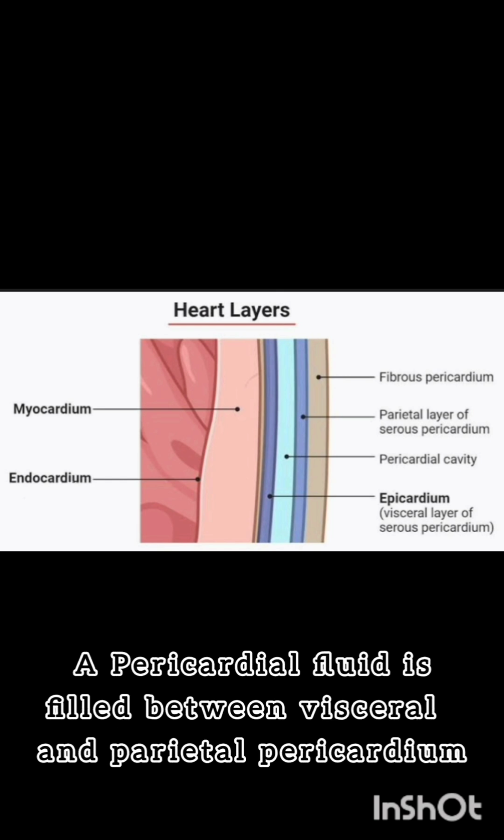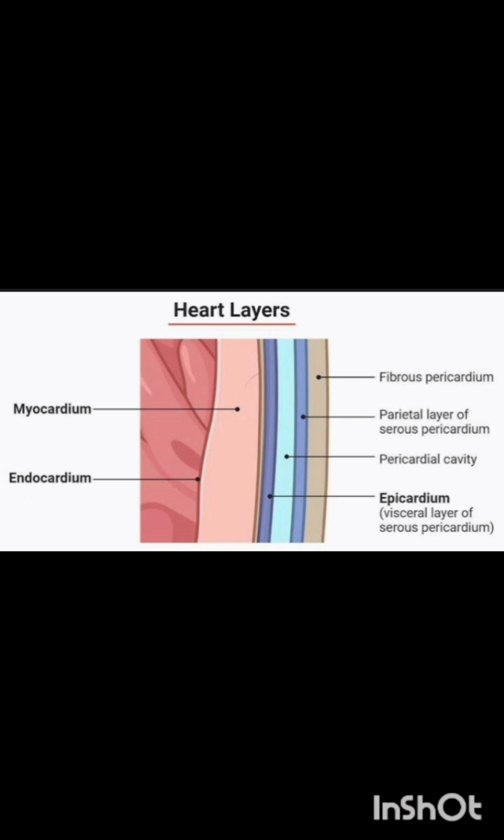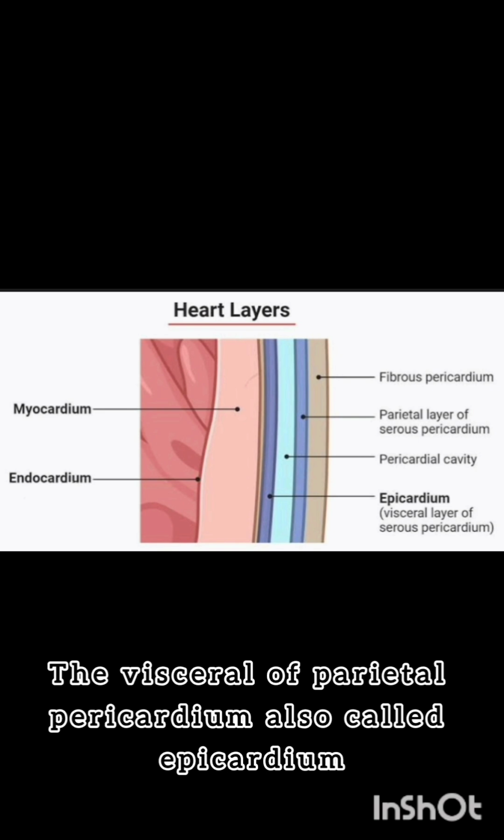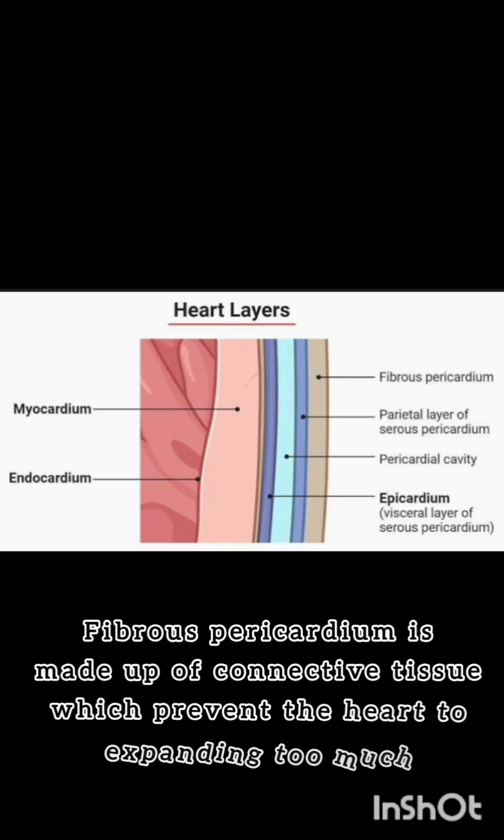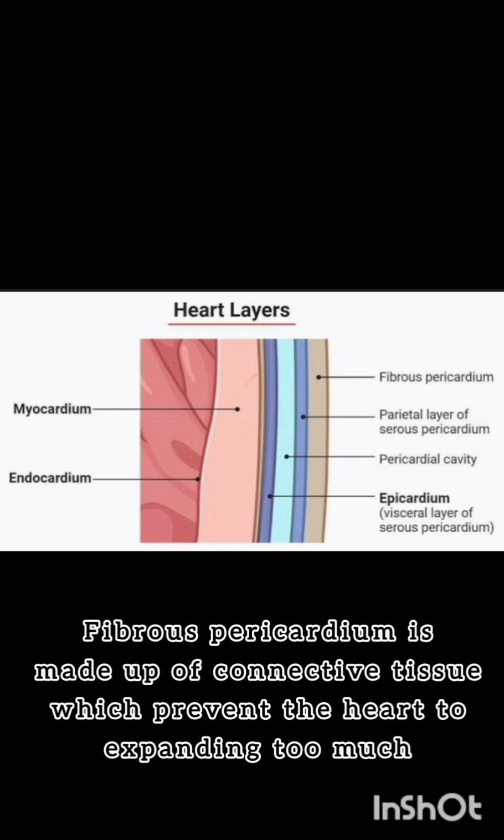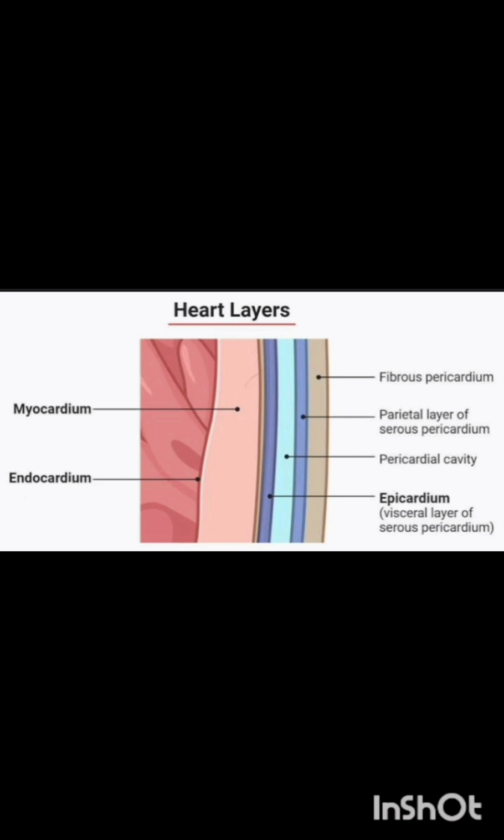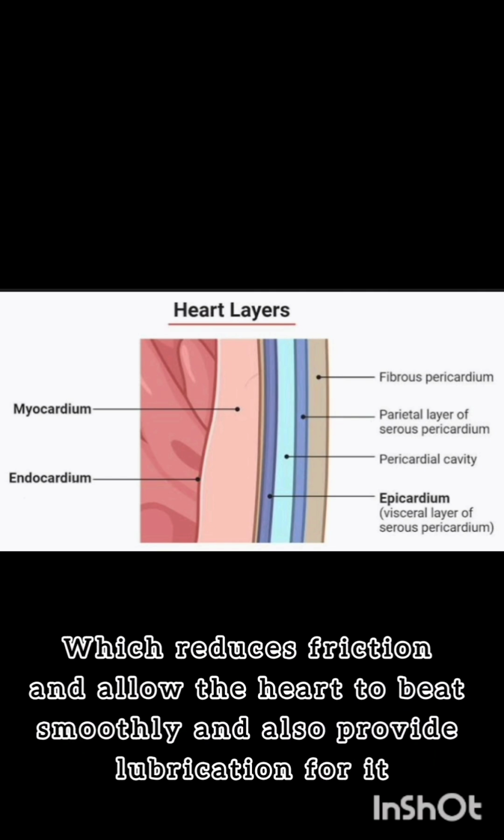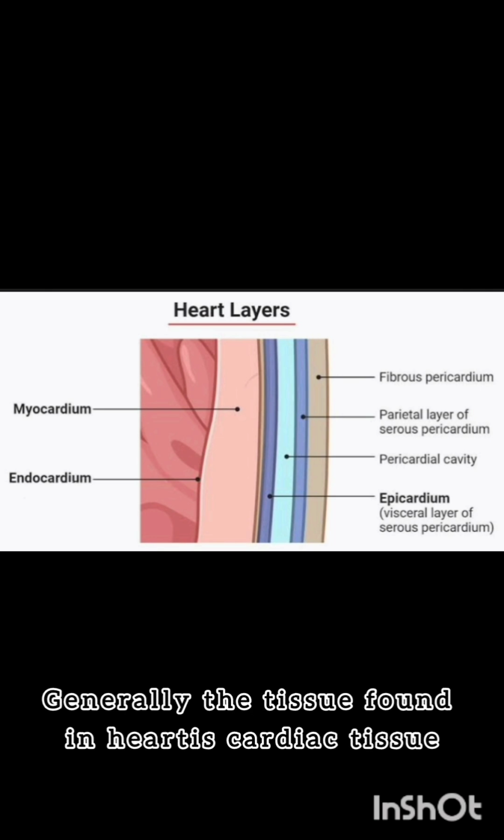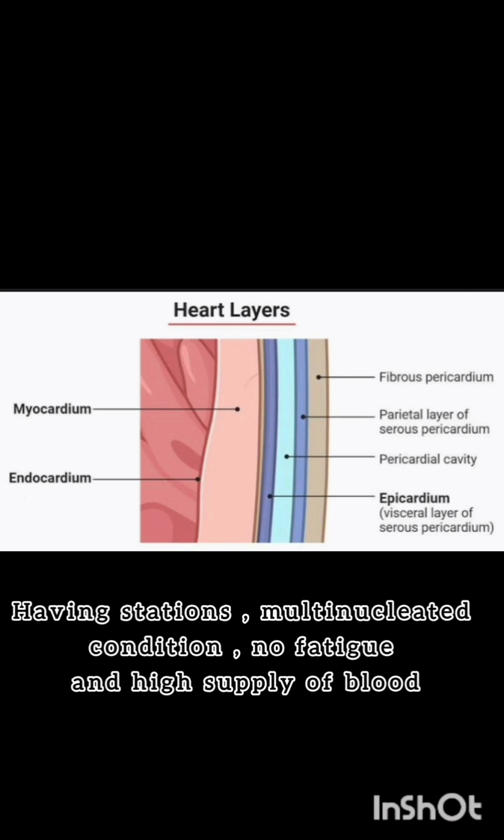Pericardial fluid is filled between the visceral and parietal pericardium. The visceral layer of the pericardium is also called the epicardium. Fibrous pericardium is made up of connective tissue, which prevents the heart from expanding too much. Pericardial fluid is a type of serous fluid which reduces friction, allows the heart to beat smoothly, and also provides lubrication for it. Generally, the tissue found in the heart is cardiac tissue, having striations, multinucleated conditions, no fatigue, and